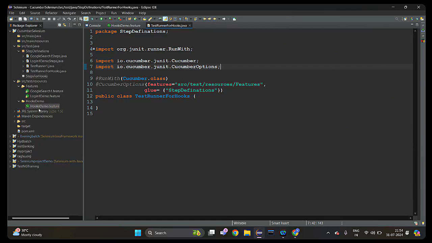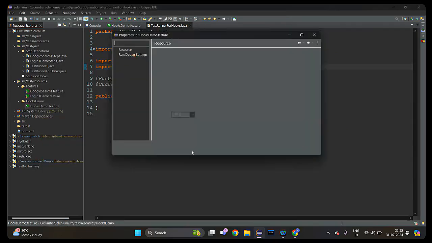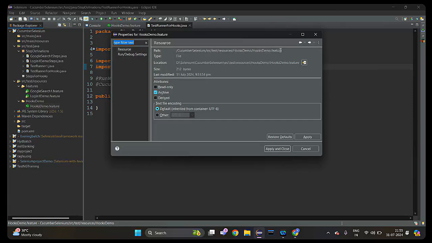Now instead, actually I should not give this one. What I need to do is copy this one, go to properties. Okay. Copy this to here,